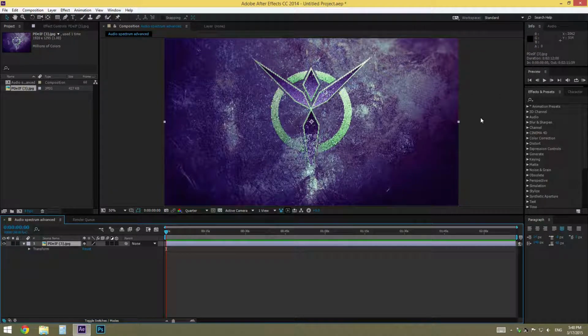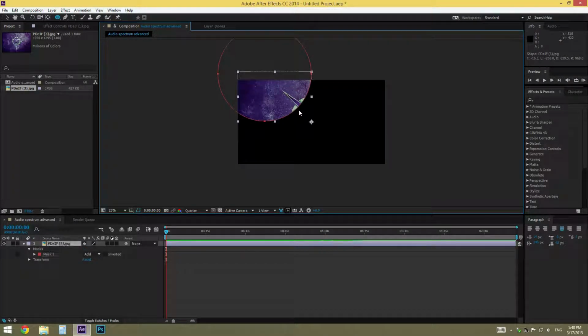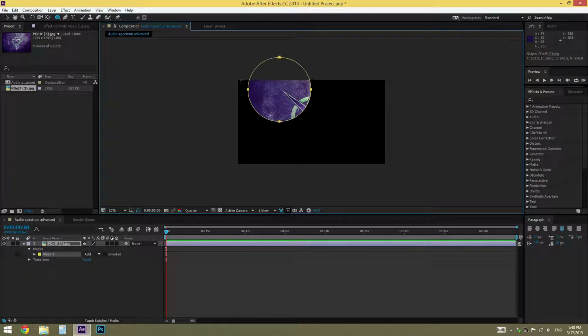Maybe we can start creating the masking. So we can go here into our mask tool, and we'll hit the ellipse tool, and hold shift in the bottom of the composition and drag out to make this elliptical mask of the photo here. But I'll go back and recreate it just to make it wider,